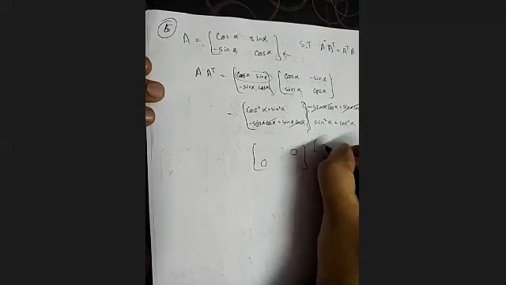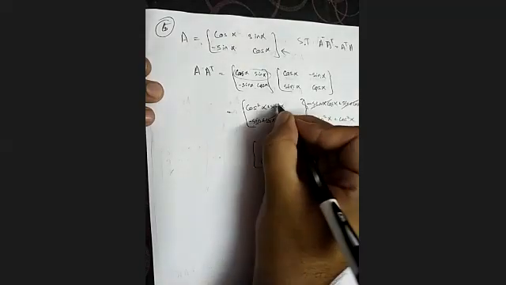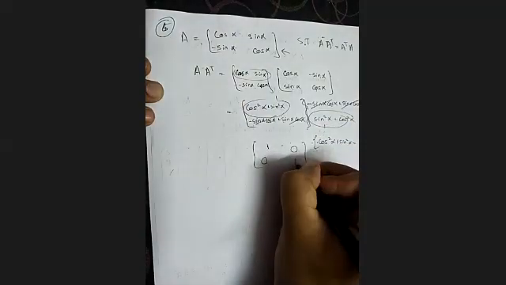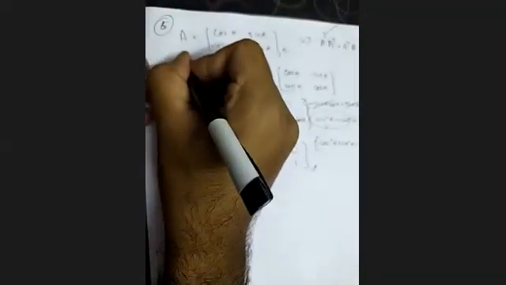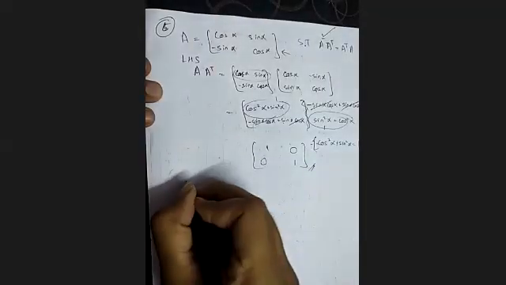0 and 0. Now in trigonometry, what we have learned, cos square alpha plus sin square alpha is equal to 1. So we'll apply that formula. So this will be 1 and this will be also 1. So this is your answer. So we got this. This was your LHS. Now we have to find RHS.